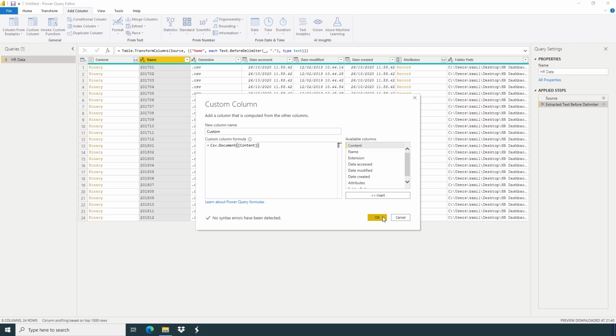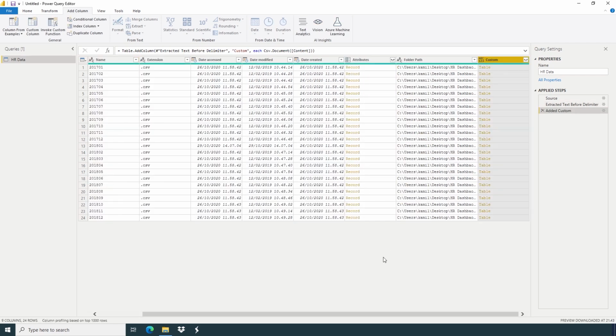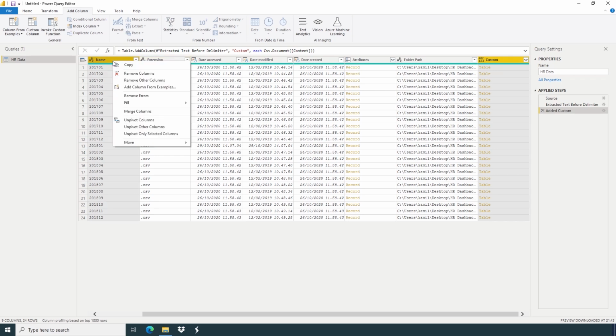And press OK. So now here you can see it created a new column which contains our CSV file data. So I need only this one and name, custom and name, right click, remove other columns.